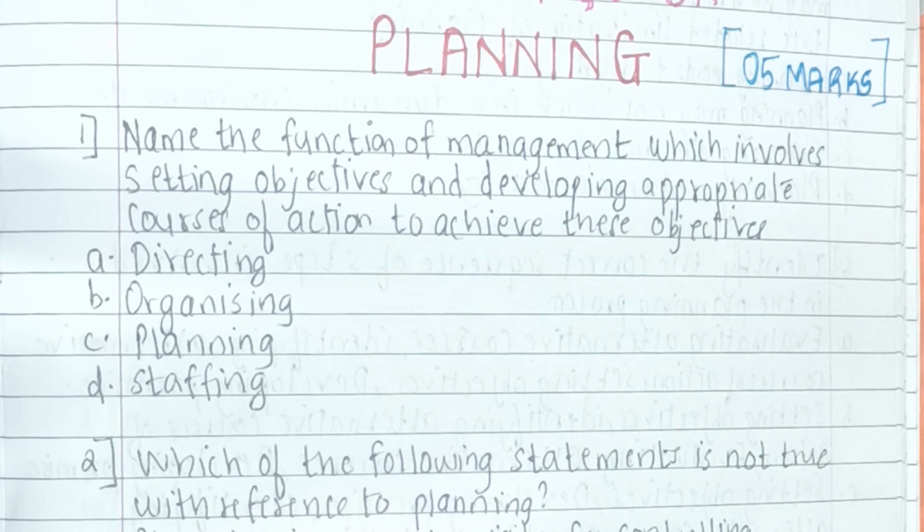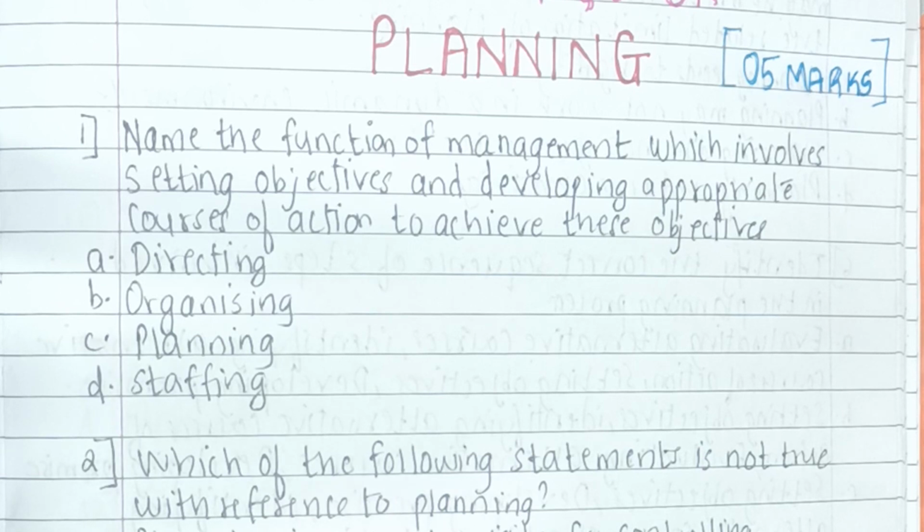Now when we say we need to plan, the plan has to be developed in a given time frame. Whenever you plan, you have to consider that planning is done for the future, and the future is always uncertain. Sometimes you can predict the future, but nobody can give an assurance that whatever you have planned, things will turn out exactly the same, because the future cannot be predicted with accuracy.